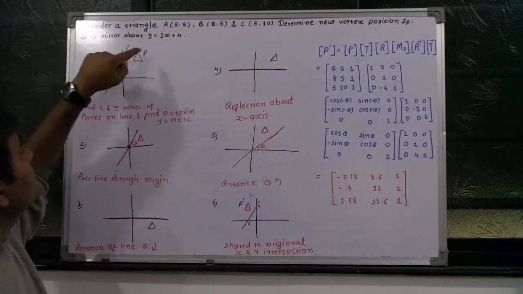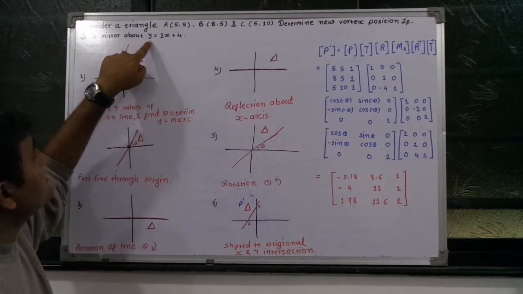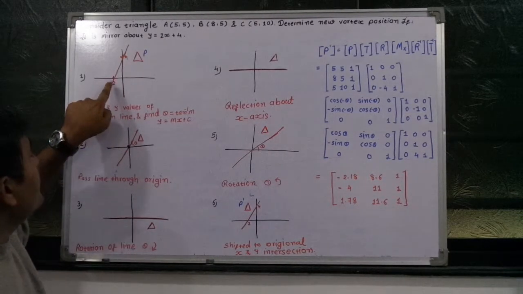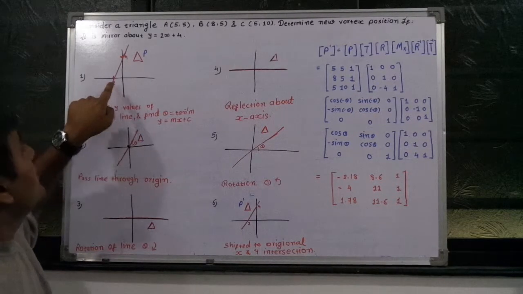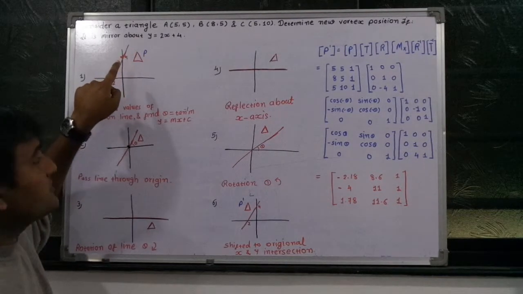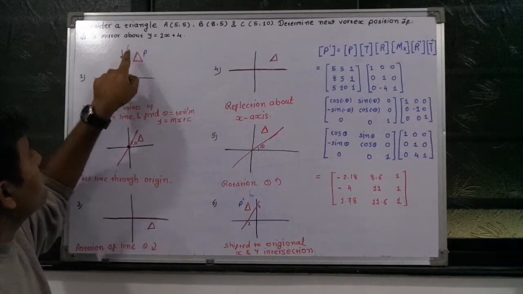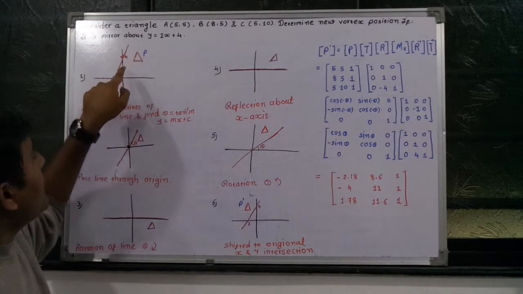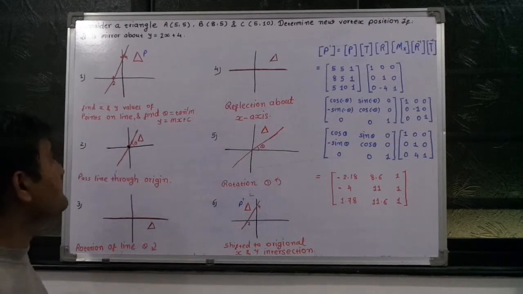Okay, first what we need to do? First we take y equals 0. If I put y equals 0 here, then what is the value of x? x will be minus 2. So I am taking the point minus 2 in the x direction. And if I put x equals 0, then y equals 4. Correct? So these 2 points are generated from this line equation and we are able to find the line through these 2 points. And I am placing a triangle randomly at the right hand side of the line.